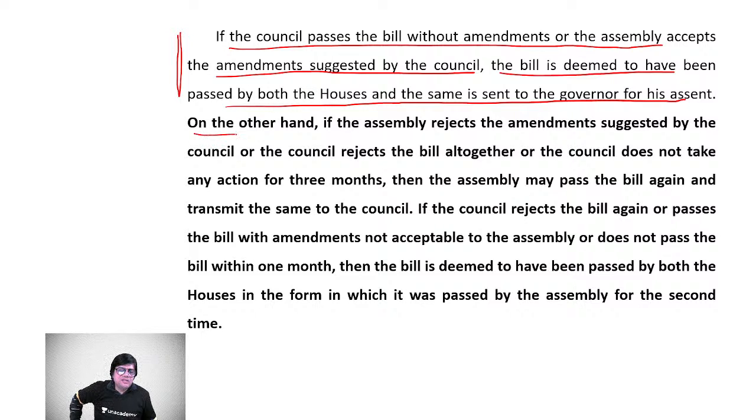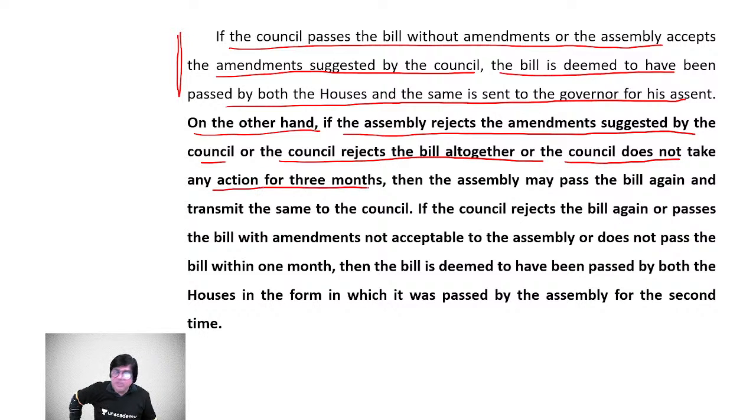Now another situation, on the other hand: if the assembly rejects the amendments which are suggested by the council, or the council rejects the bill altogether, or the council does not take any action for 3 months, then the assembly may pass the bill again and transmit the same to the council. In all these three situations,